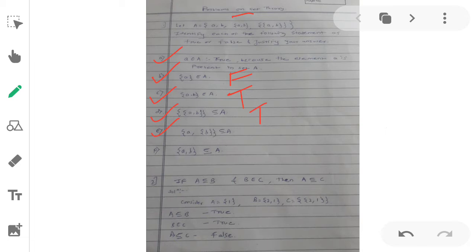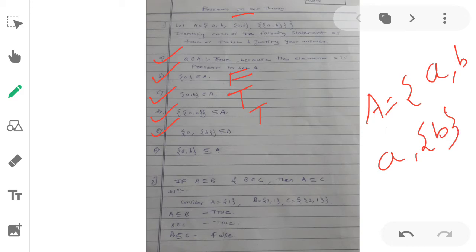What we have to check is whether A contains both these elements, a and the set {b}, but the given set A contains only a, b, not like this. We want this in set A, but A contains only a, b, so this is not present in set A. So here the answer will be false.